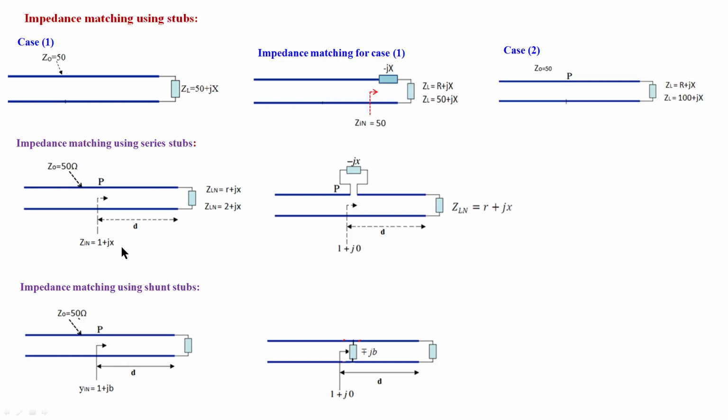If they ask you to design for a series stub, what you have to do? You go on moving over a transmission line connected to a load, and find out wherever the impedance is like this. If a shunt stub is asked, connect a load, go on moving and see where the admittance is in the 1 plus jB form. Go on moving like this, find the position at which the admittance is like this, and stop. Note down the distance. At this position you should connect the stub, with a value opposite to the existing value here. That is called shunt stub matching.